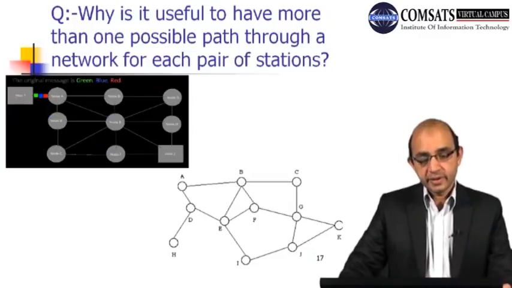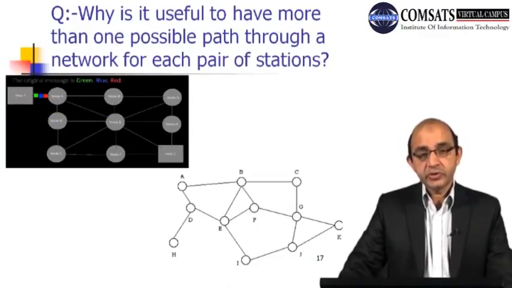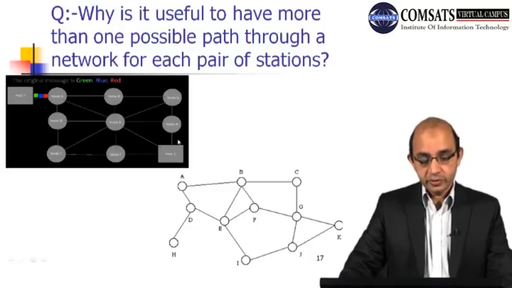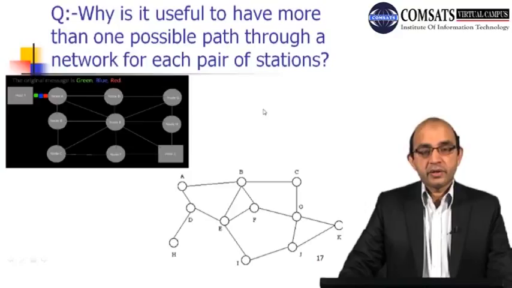So our next review question. Why is it useful to have more than one possible path through a network for each pair of stations, right? So here we have one pair of stations, host 1 and host 2, and they want to communicate with each other. So you can see that we have a lot of different intermediary nodes that come across whenever we have to transmit data from host 1 to host 2. So one of the problems that can occur is if, for example, we don't have